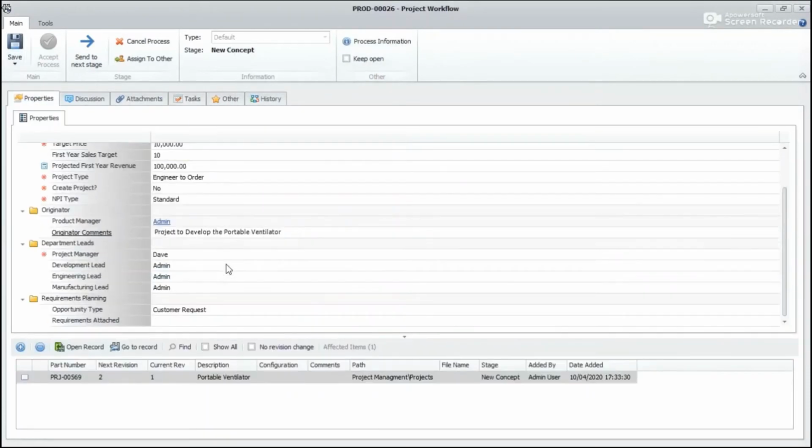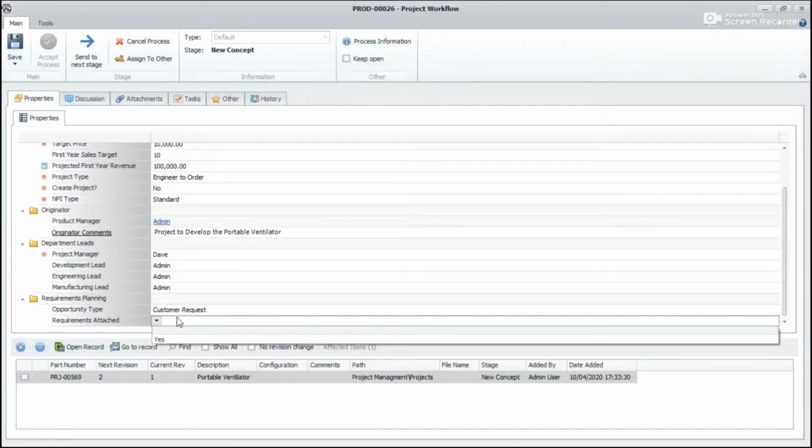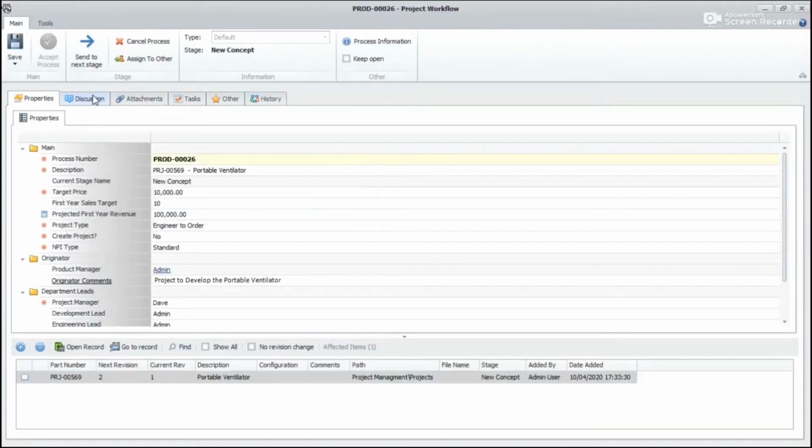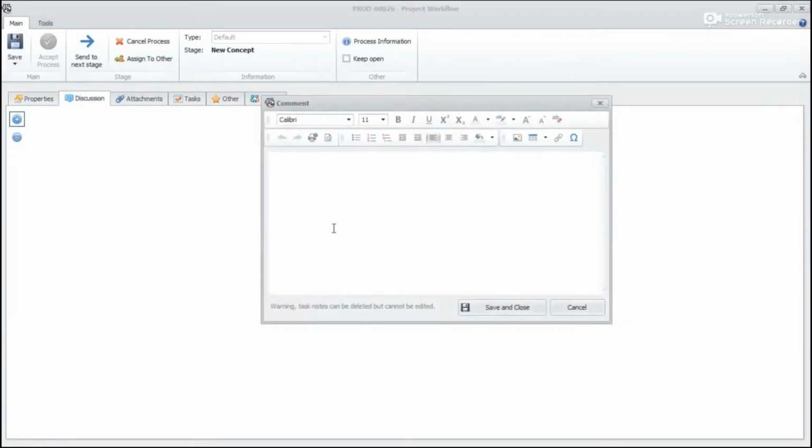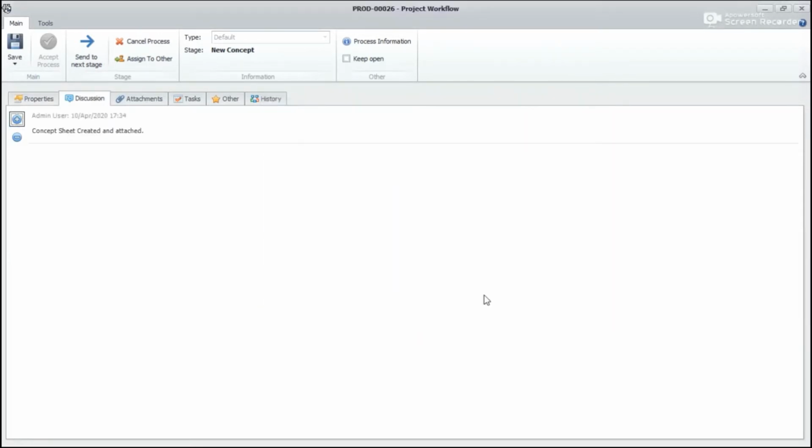So once this is done, I'll go to the requirement planning section and I'll mark yes against requirements attached. So I'll mark minutes of meeting here. So you can mention the concept sheet is created and attached. So I'll click on save and close.